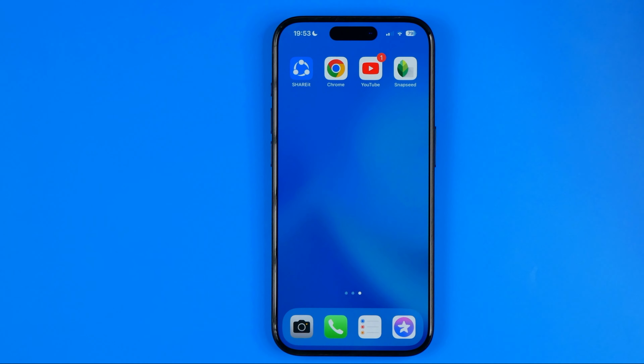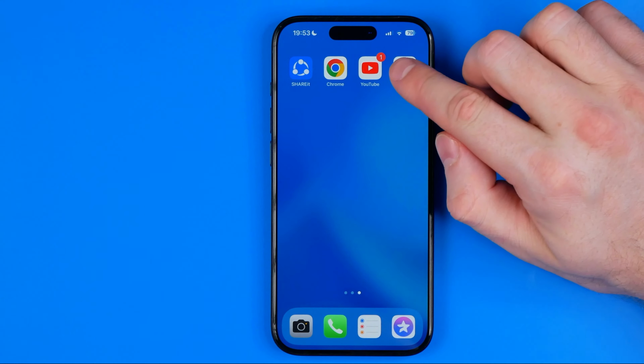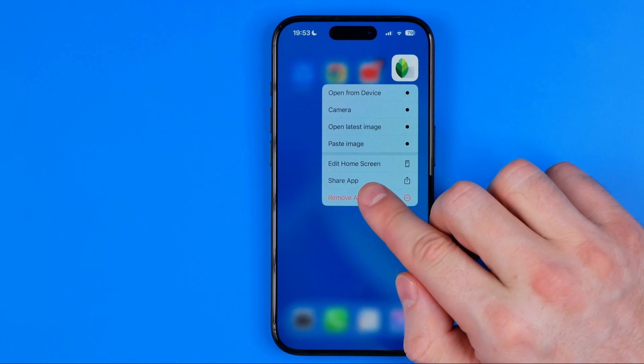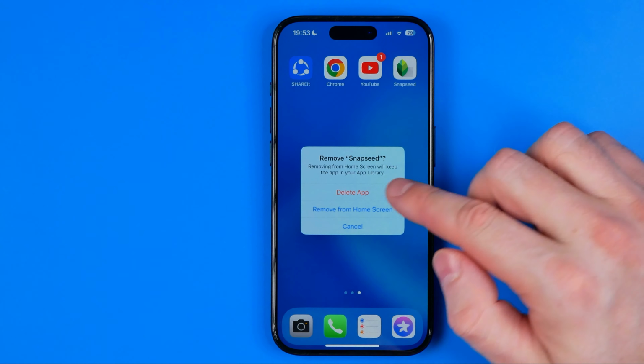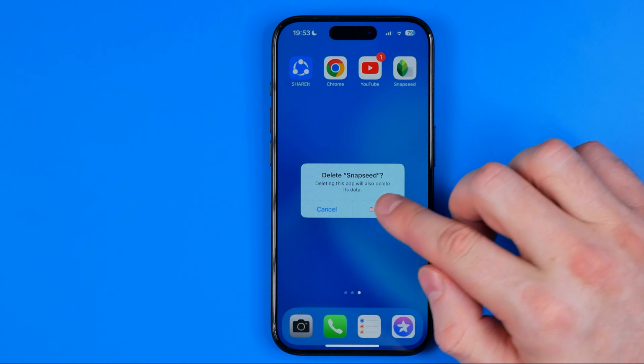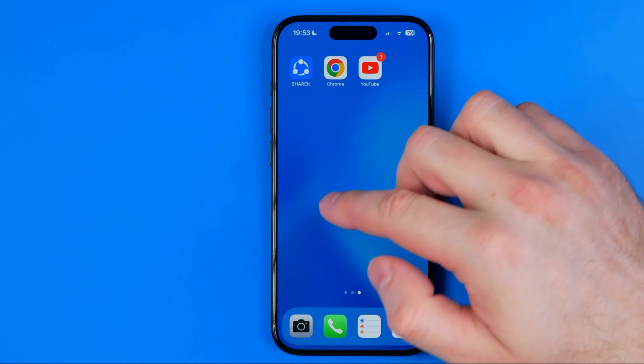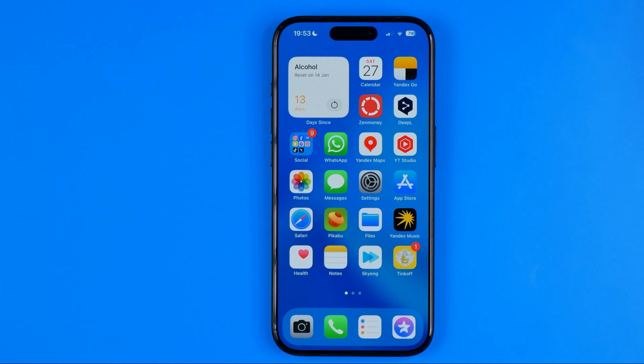basic, because all we have to do in order to delete any app is just long press at the app's icon, then select remove app, then delete app, and then delete again. After that, the app icon will be deleted from your home screen, and all the app's data will also be deleted from your device. Keep in mind that also we can just delete the app icon from the home screen without deleting